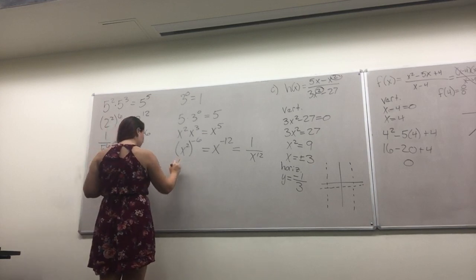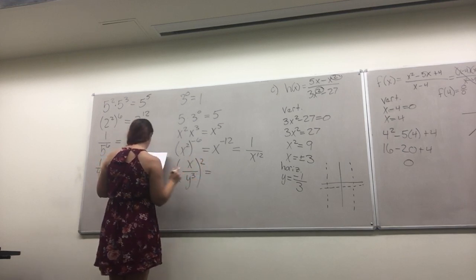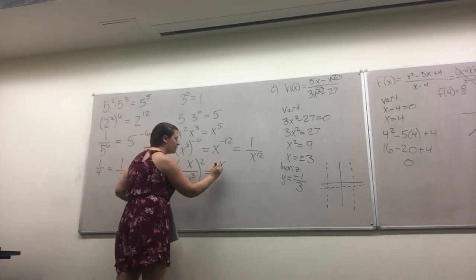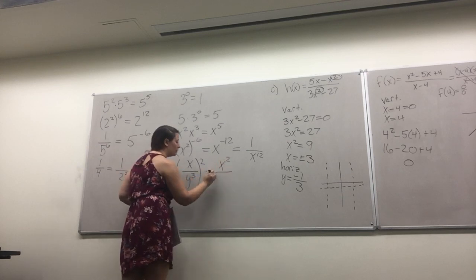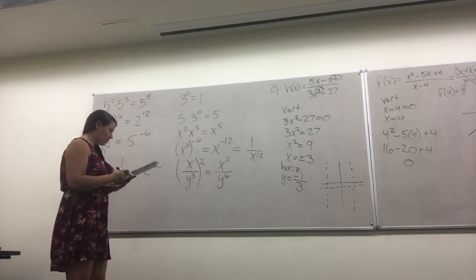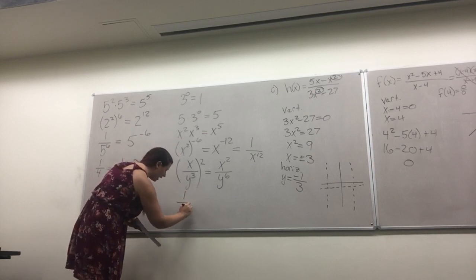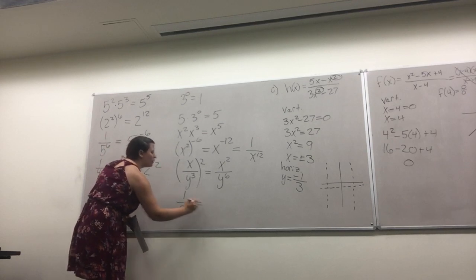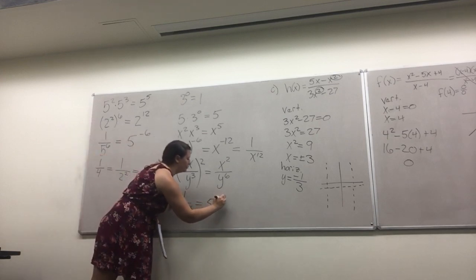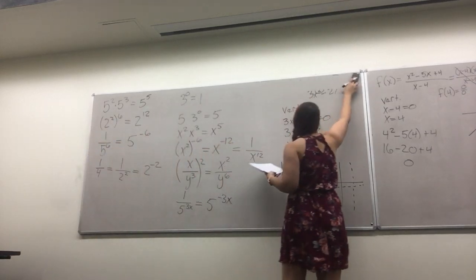Then if we have x over y cubed all squared, and we want to simplify, just simplify, you don't have to move anything around. That is x to the squared over y to the 6th. Yep. And then we have 1 over 5 to the 3x. So we want it as a power of 5. So 5 to the what? -3x. Then